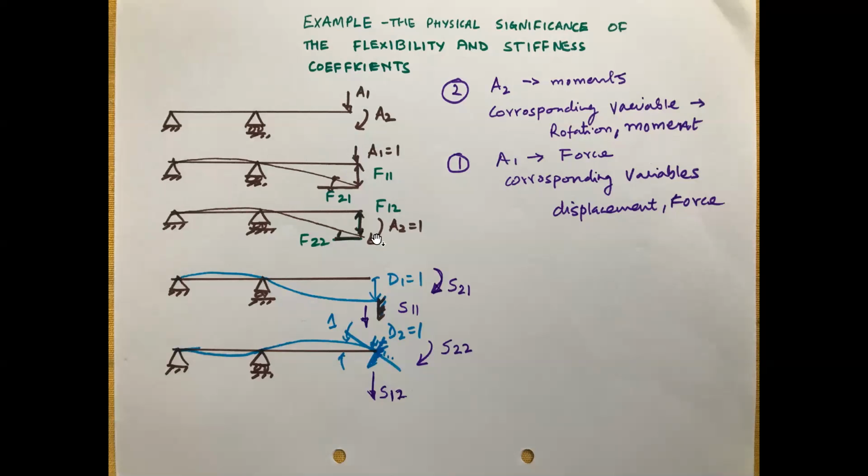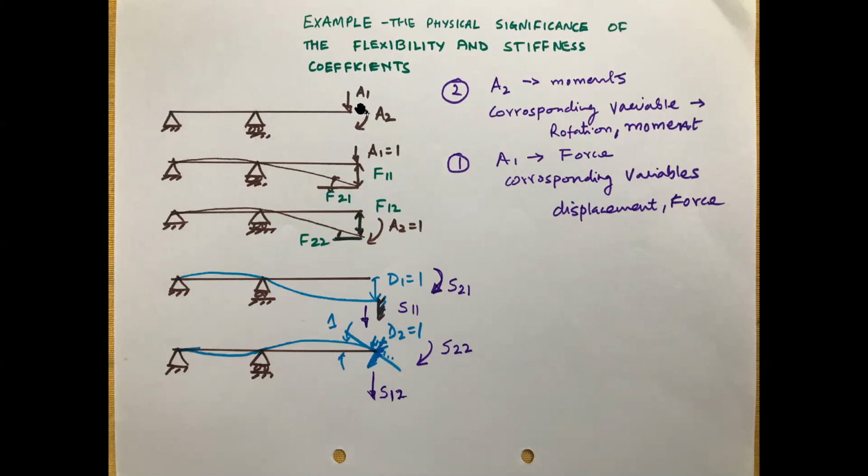A1. I am again talking about the flexibility coefficient. I am just explaining the example. So this will have a deflection. Because I am naming the vertical force as A1, to generate the flexibility coefficient we apply A1 equal to 1. So here I have applied A1 equal to 1. That will produce the flexibility coefficient. If vertical displacement is produced, I will call it F11. And if rotation is produced, it is because I have chosen rotation as the second quantity, since you can see here A2, and the corresponding variable should always be rotation.